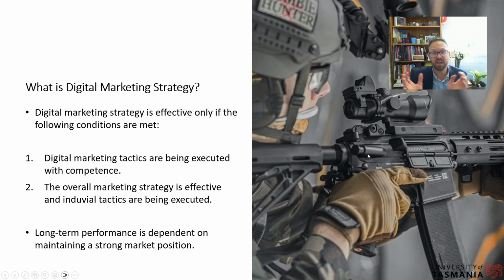Strategic management developed out of strategic warfare. After the Second World War, a lot of the generals came back to America and developed countries, and they went, well, the skills that we've learned in the military we can apply to business, right? And businesses are very competitive, so it kind of fits.